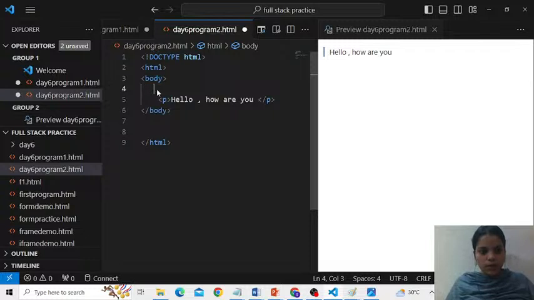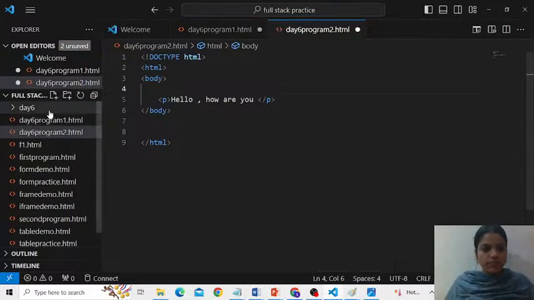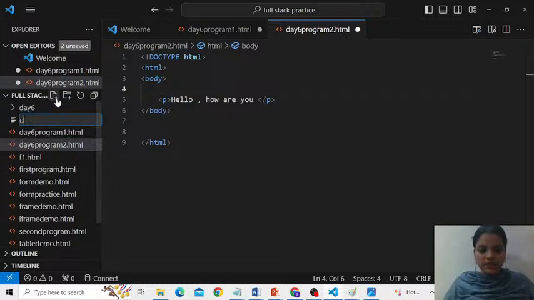Okay, so finally I got the cursor here. Anyways, let me keep this code incomplete as it is. I close this preview as well. Okay, I create another new file, say day6